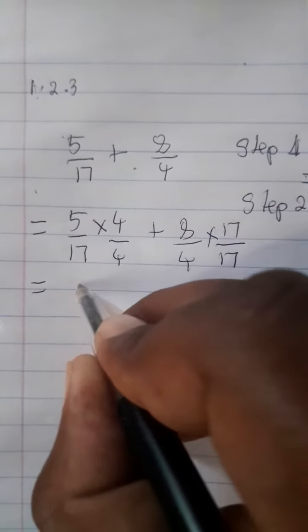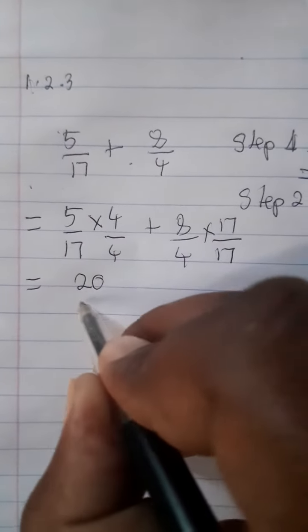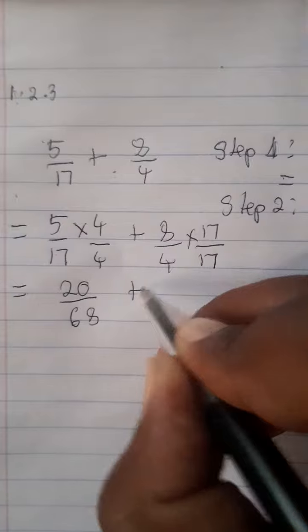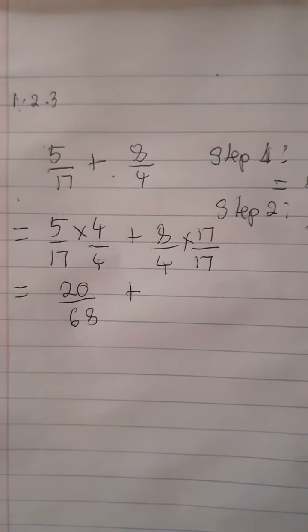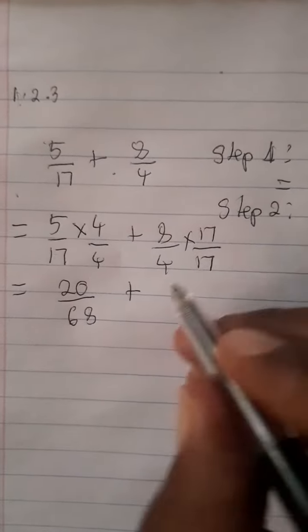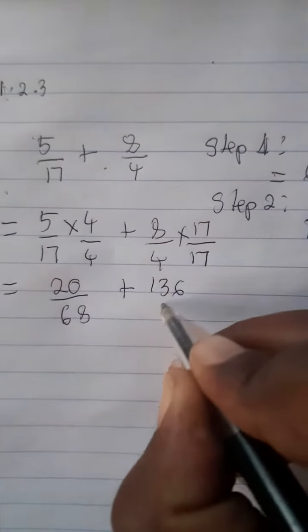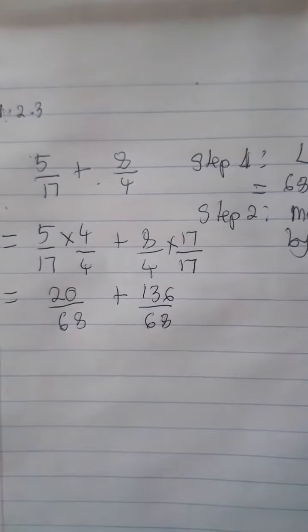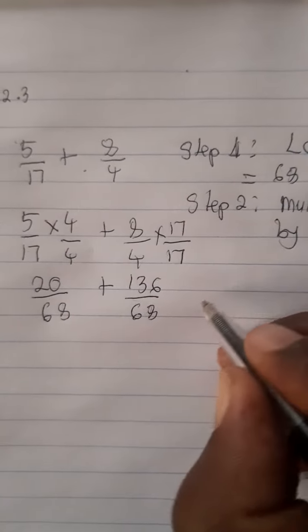So what is 5 times 4? That will be 20. 17 times 4, that will be 68. Then what about 8 times 17? That will be 136. Then we have 4 times 17, which will be 68, guys. So from there,